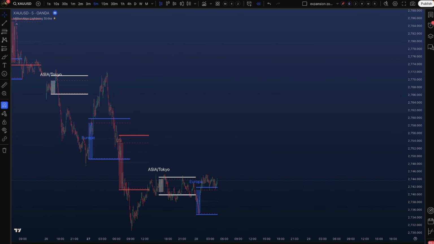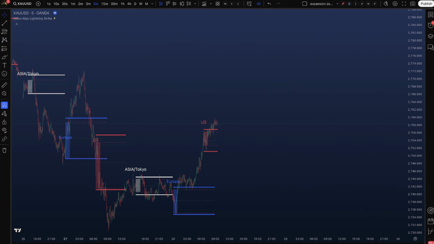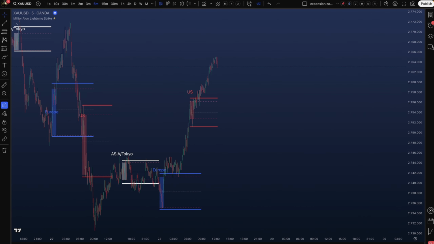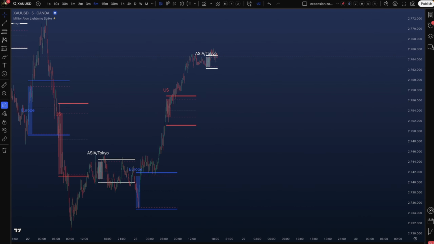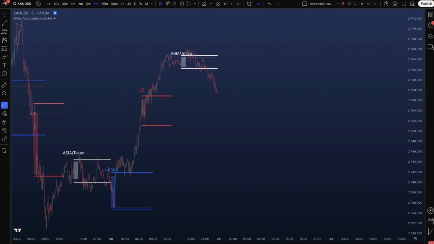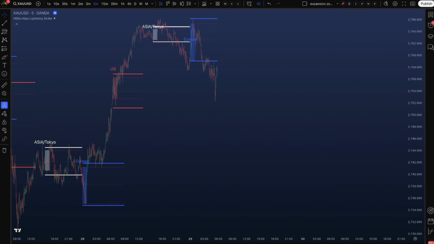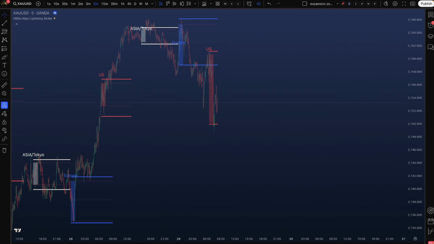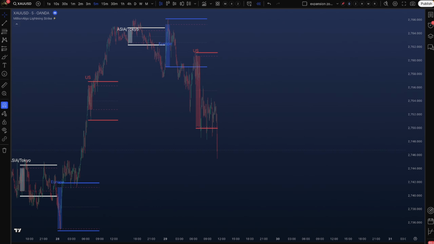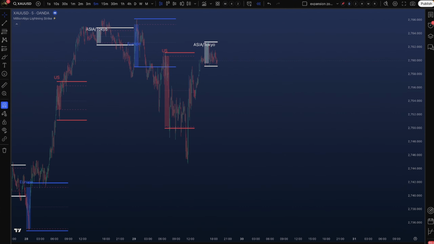Welcome to this tutorial on our first strategy based on the Million Algo Lightning Strike Indicator. Today, we'll guide you step by step through the process of identifying optimal trade entries using the power of the expansion and compression zones. In algorithmic trading, a concept adopted by financial institutions worldwide, patterns often repeat in the market.